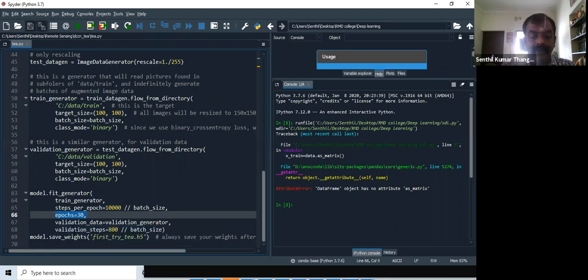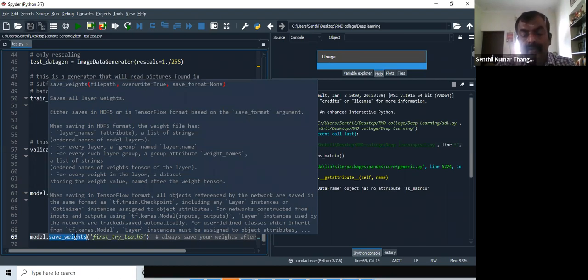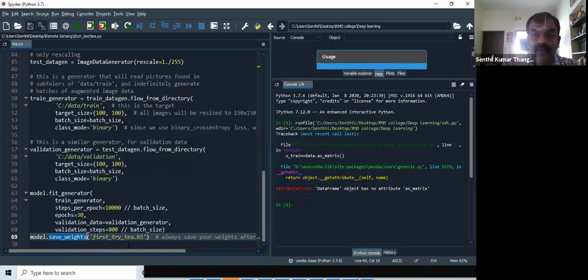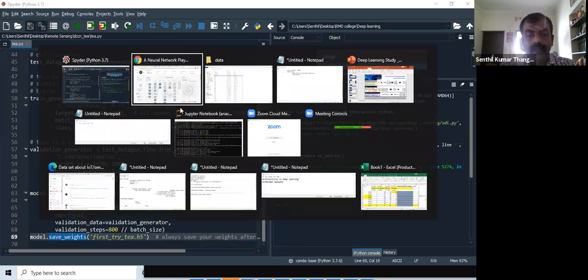Then we are trying to create a model. The output of every deep learning model will preserve the weights. So what you will get from your deep learning model is the weights only. Once you want to do testing, you need not have the original source. You can start using the model that you have created. The model that you have created here is first_try_t.h5. One second, I'll show you the folder for it also.